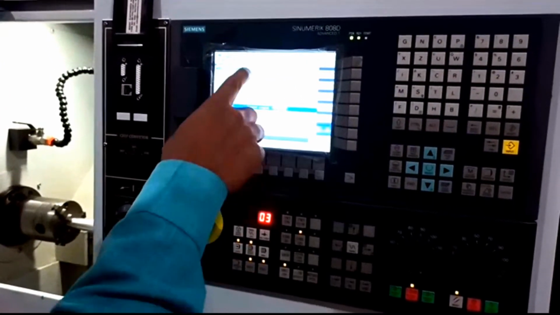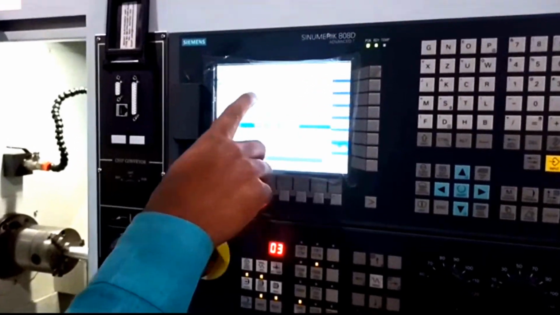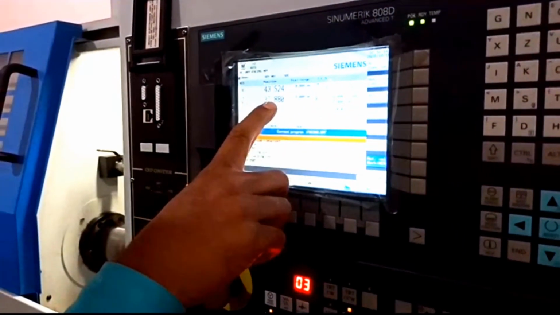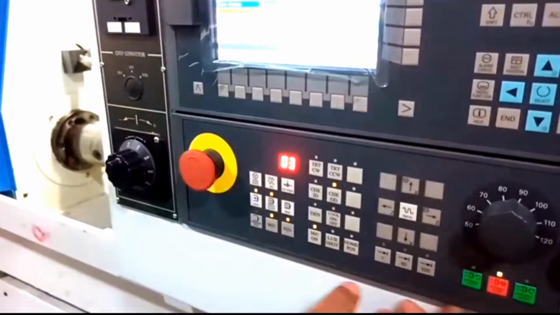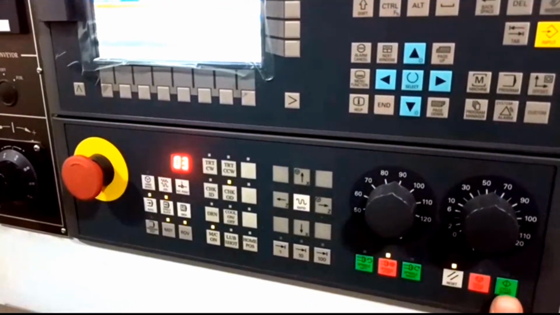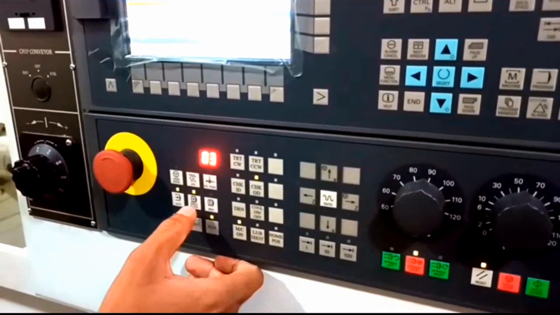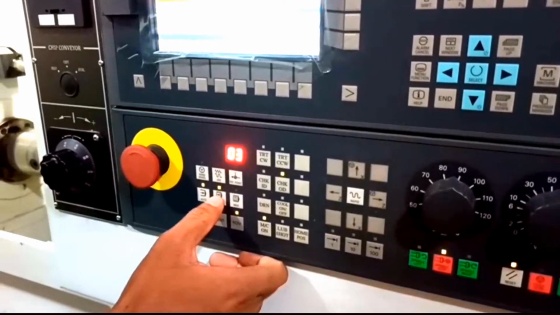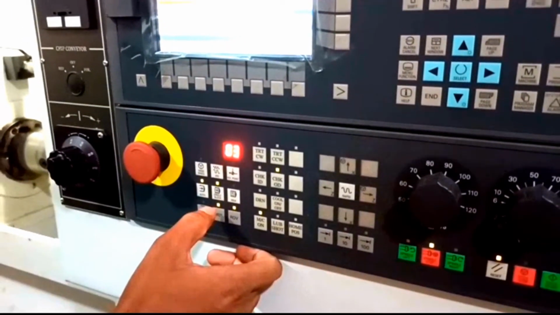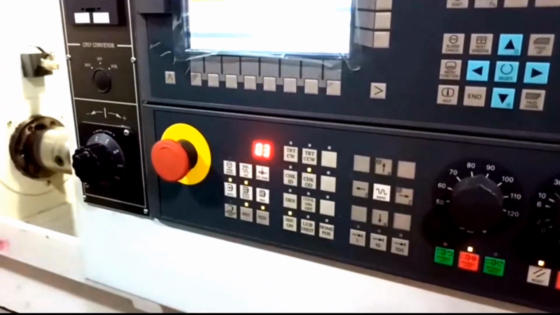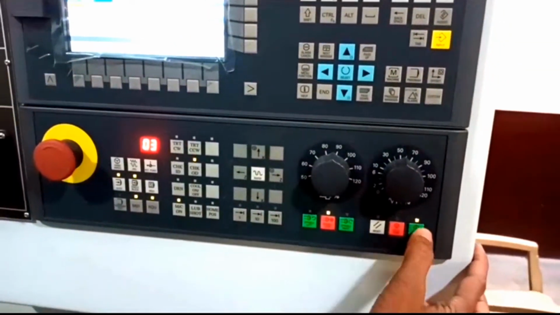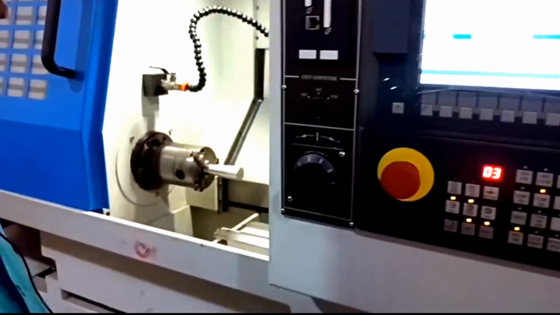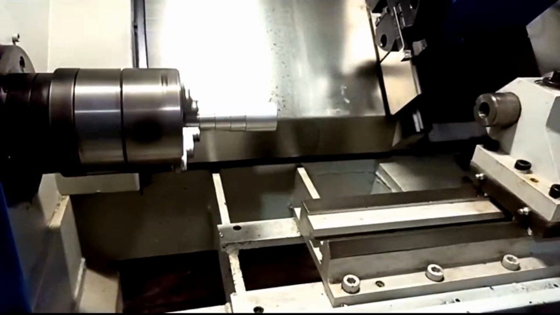After doing the execute, this screen will show like this, my X position and Z position. After that, we will go to the cycle start, and we are doing this by single block, which means it will cut step by step, as we can show you every step. Now cycle start. Now you can see the movement of the tool.